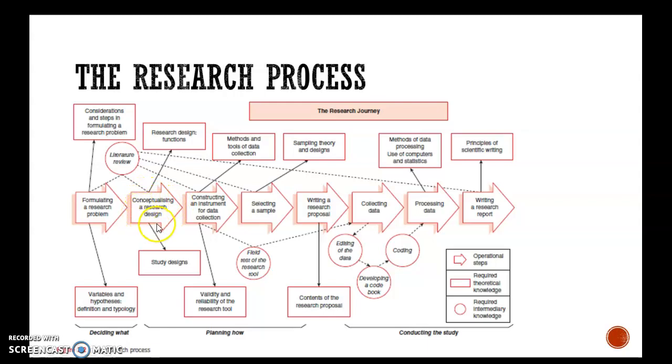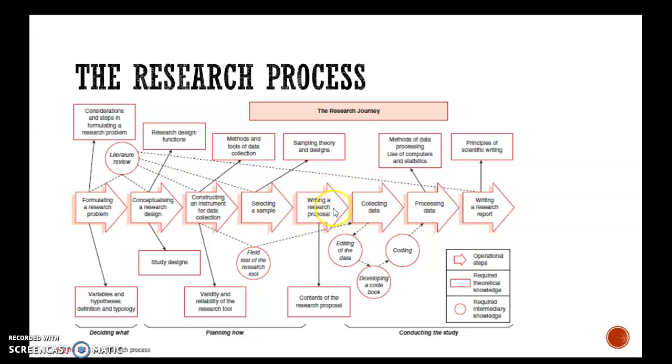If you're doing experimental research, then it's the independent variable and dependent variable, what the hypothesis is, what the instrument is, how you randomize, sampling, and how you're collecting data,